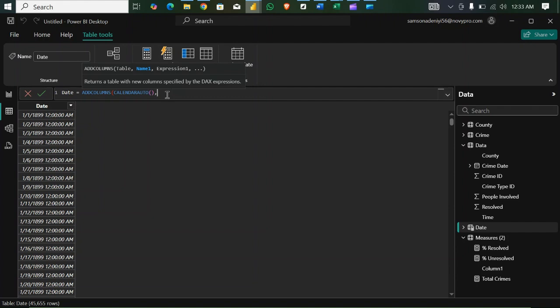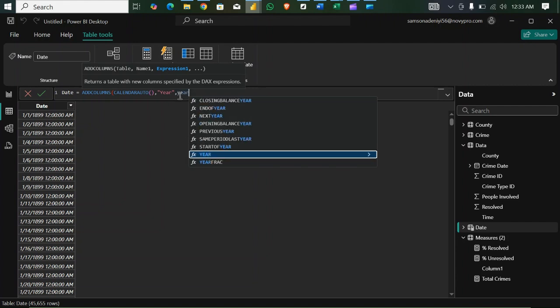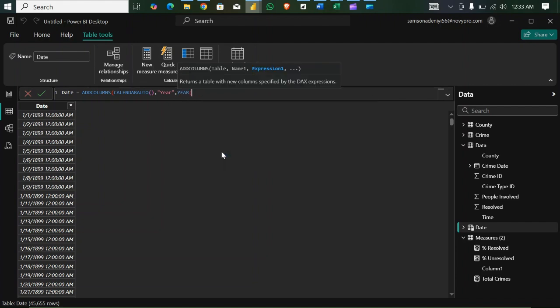Now, name one is the name of my next column that I want to bring in. So my next column is going to be called year, comma. It has to be in quotes. Now, expression one, that means what will populate that column, what will be inside of the column. The column title is year, but what will be in the column. I'm going to use the function year, this function year,